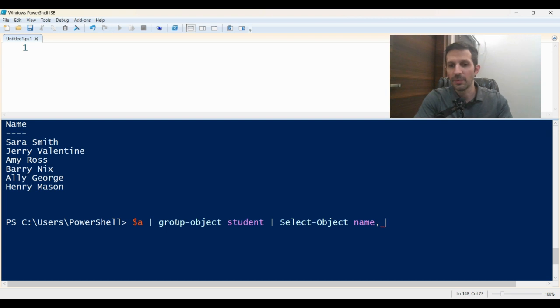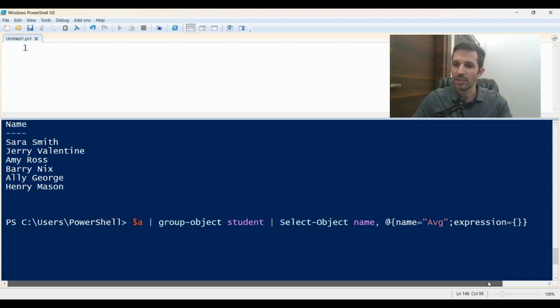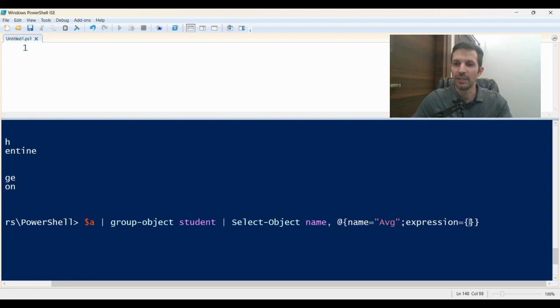So the next thing we're going to want after this is a custom column, and we know the format is this. We know the format is name. We're going to give it the name that we want. Let's do AVG for average, semicolon. We're going to do expression equals,